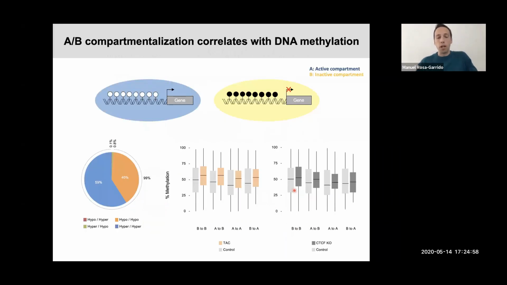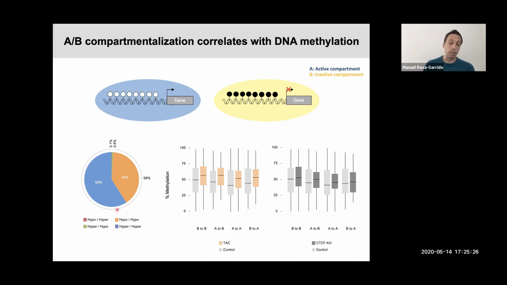Another thing that we are doing right now is trying to correlate DNA methylation with the AB compartmentalization. The idea behind this experiment is to try to correlate A compartments with hypomethylation and gene expression, and B compartments with hypermethylation and gene repression. We are still working on this project, but what I can tell you right now is